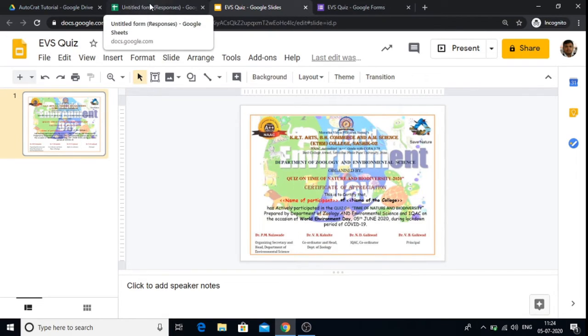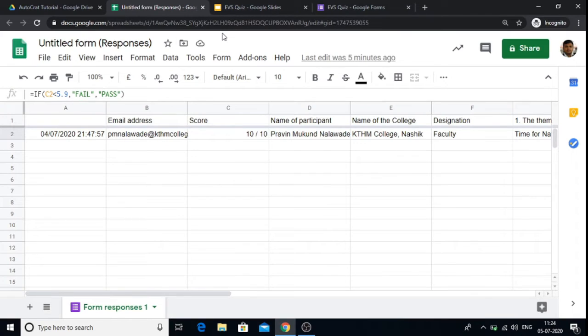Now move on and click on Google Sheet and then click on the add-on tab given on the menu bar.